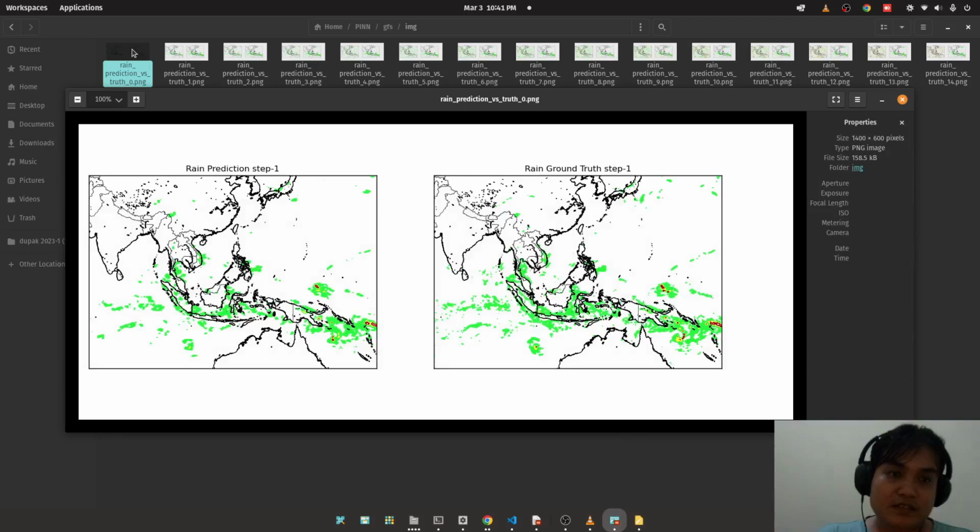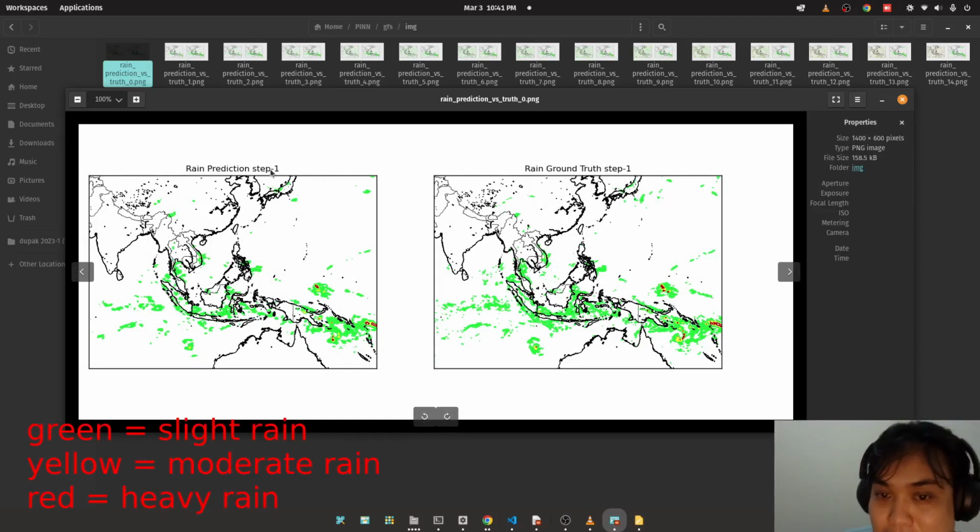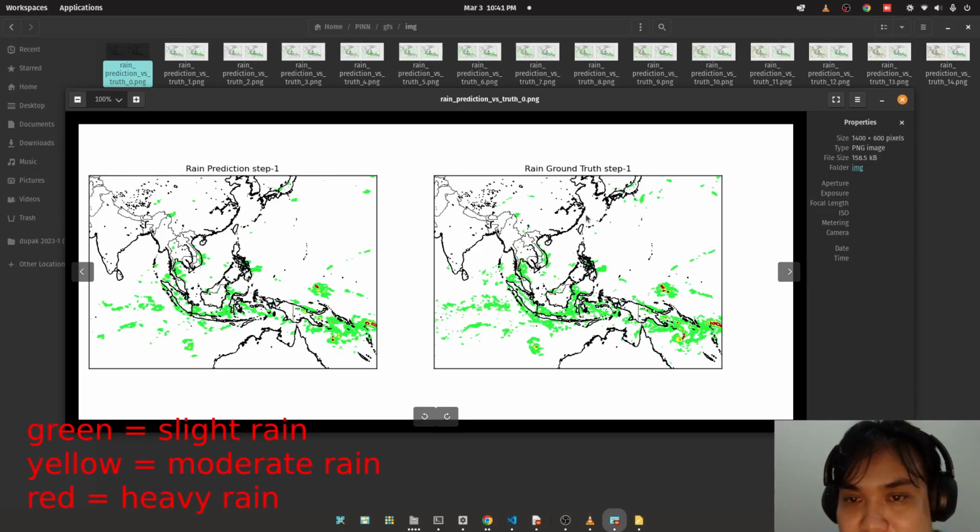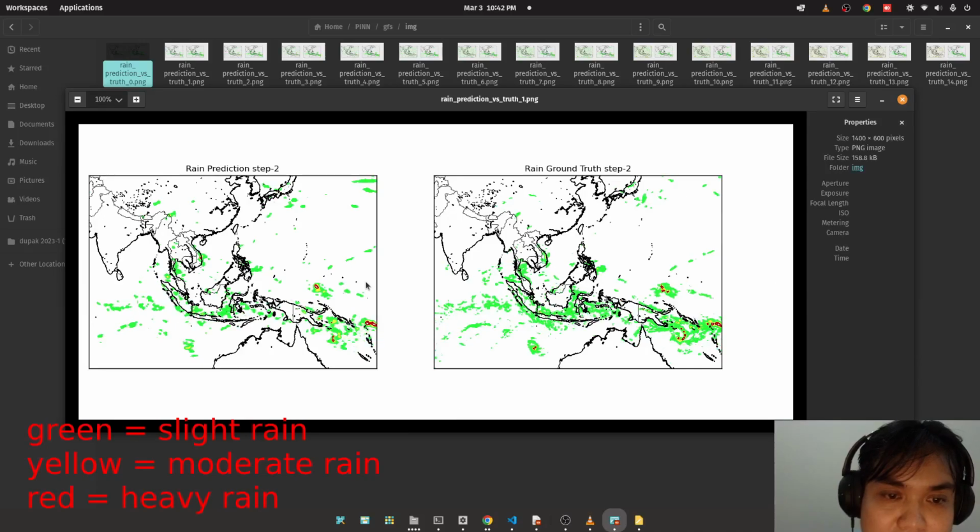And actually I've already tried this, and this is the result here. Okay, this is the first time step. So this is the first output of the FNO, and in here this is the second output. For the first prediction, as you can see, it's quite accurate, right? This is the ground truth, from the GFS dataset. It's quite similar. For the second time step, still okay, but there is a decrease in the quality of the prediction. Third time step,